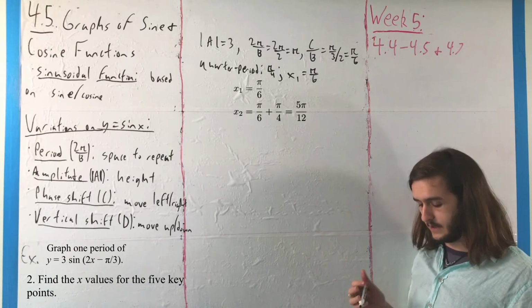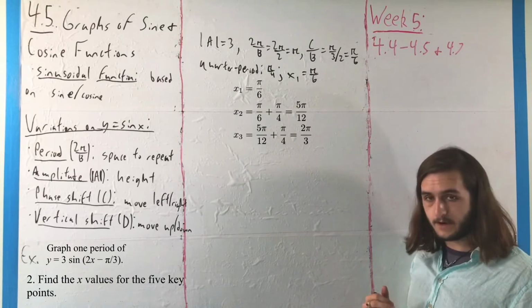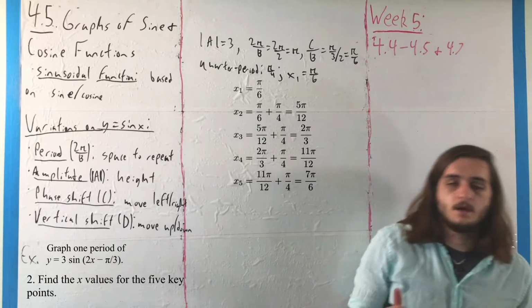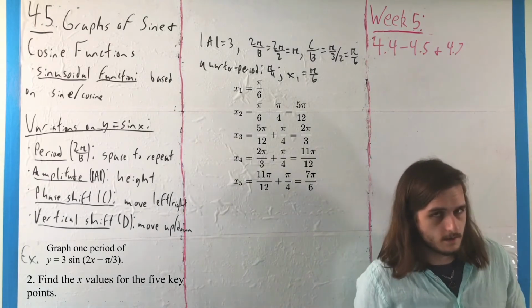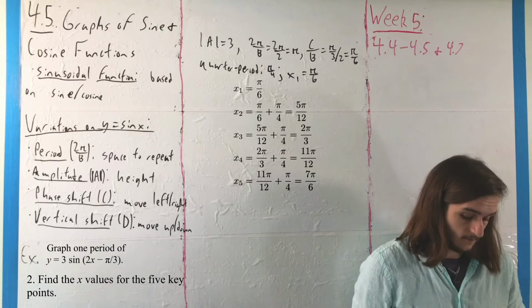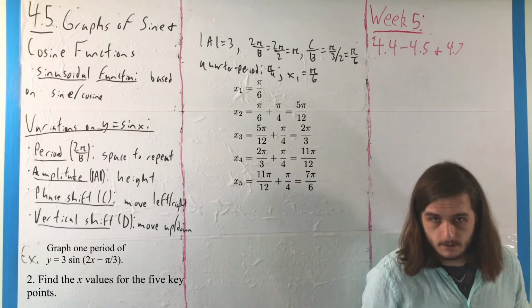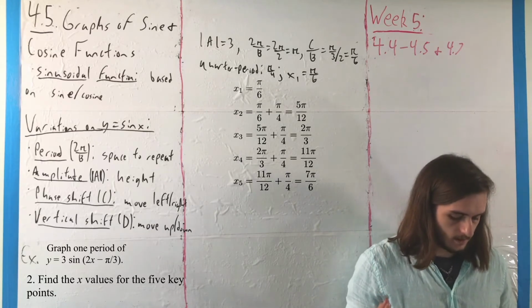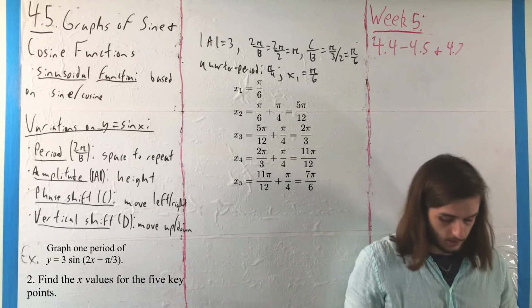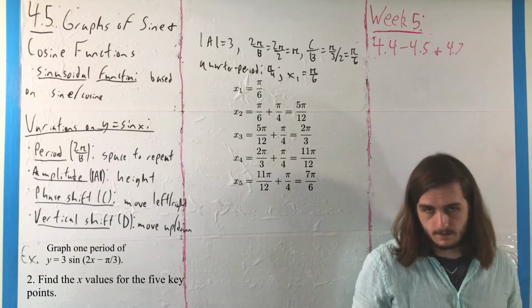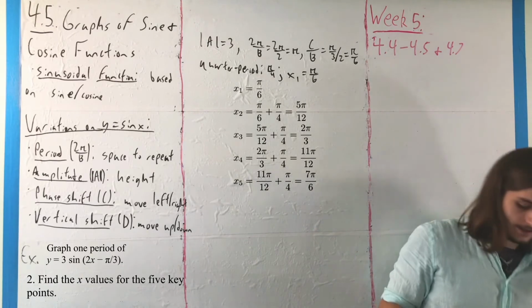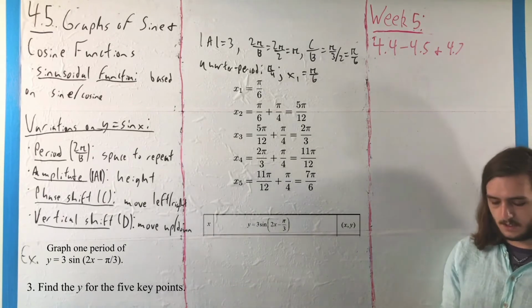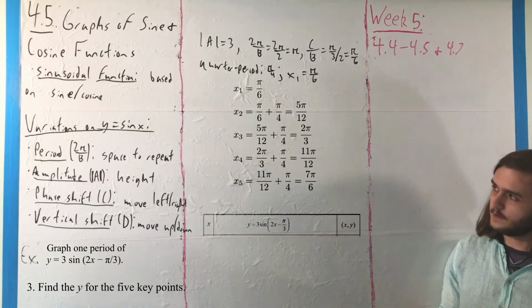pi over 12, for x3, 2 pi over 3, for x4, 11 pi over 12, and for x5, 7 pi over 6, following a series of small fraction simplifications. For example, if you add pi over 4 to 5 pi over 12, you're adding 3 pi over 12, which means you get 8 pi over 12, and you can divide out a 4 to get 2 pi over 3 for x3. It's the same idea for any of them. But once you've got those values, you can then turn the values into the tables that we need in terms of our